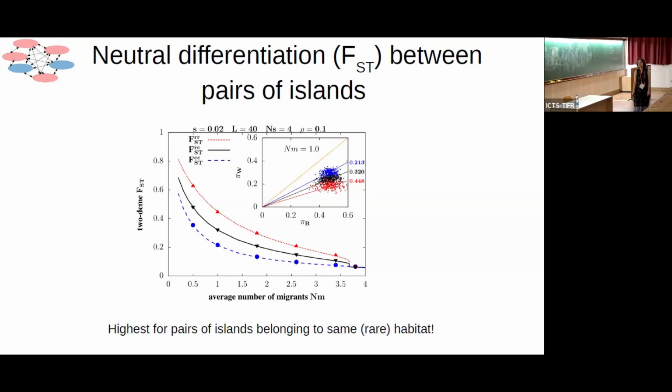No, this is really a consequence of having a rare niche and a common niche. So it's a consequence of this spatial structure. Most of our models assume symmetric models: there's one island with one habitat, one island with another habitat, equal frequencies. So it's a consequence of the fact that when one of the niches is very rare, but still large enough to sustain enough diversity across the niche as a whole.